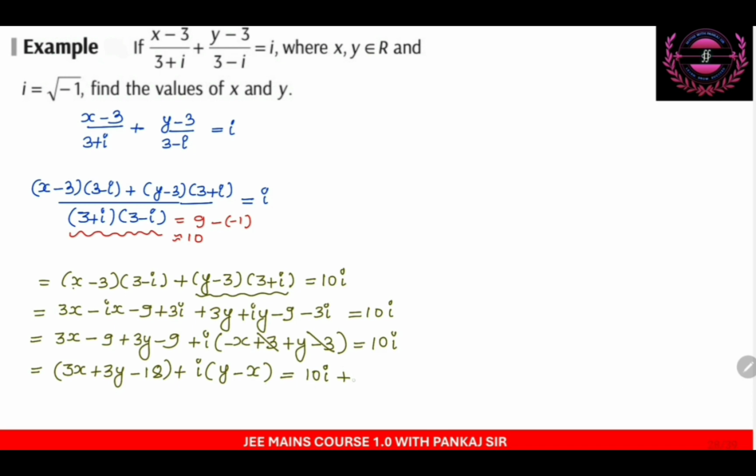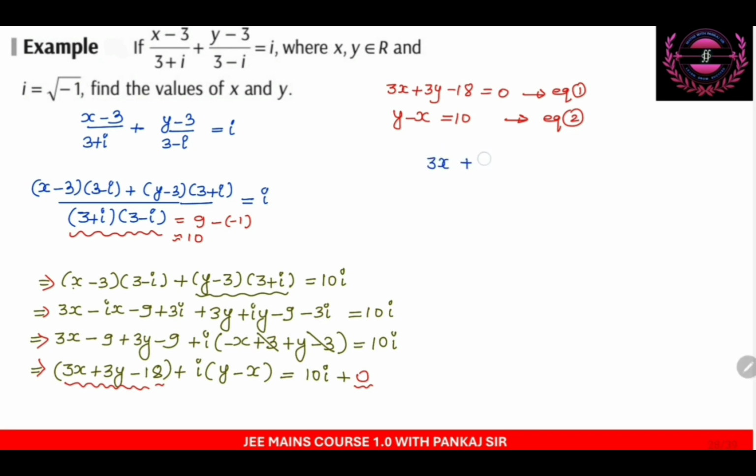You can see that on the right hand side of the equality, the real part is 0. It means on the left hand side as well, the real part must be 0. So I can write 3x + 3y - 18 must be equal to 0. Also, the imaginary part on the right hand side is 10, and the imaginary part on the left hand side is y - x. So I will write y - x is nothing but 10. Taking this as equation 1, taking this as equation 2, and solving them simultaneously, I'll get